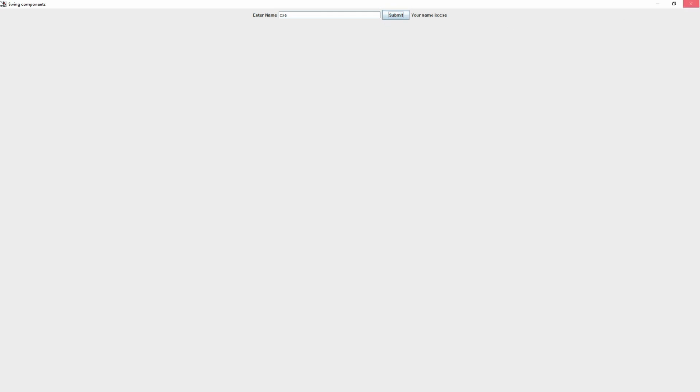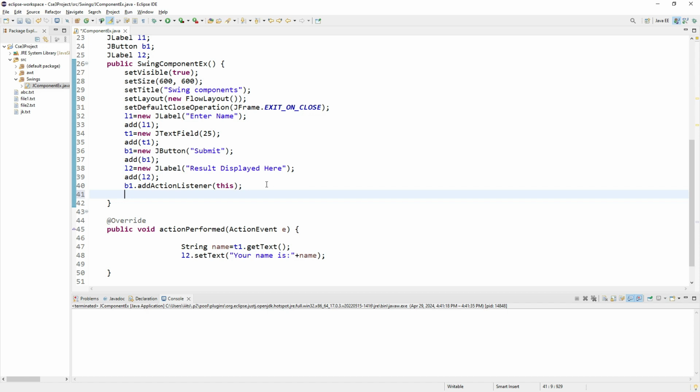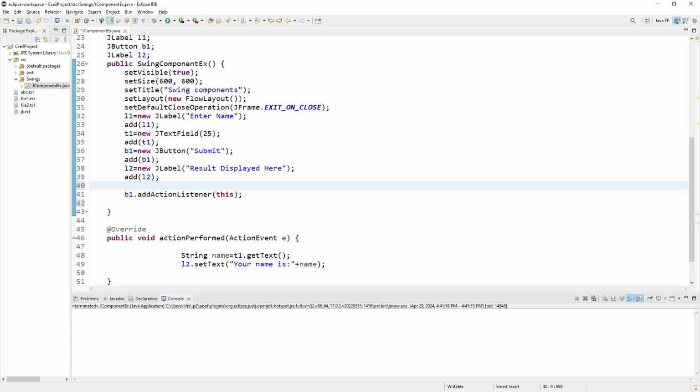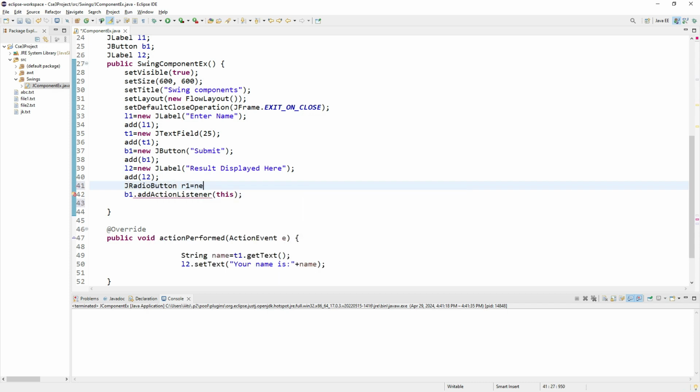Like that, we can implement any kind of GUI application. For example, I want to perform some kind of gender operation, right? So to perform the gender operation, what can you do? Choice is one option, good. For that we can go with the JComboBox in Swing. If you want to select one value out of multiple values, I can go with choice. But I will go with radio buttons: JRadioButton R1 equal to new JRadioButton